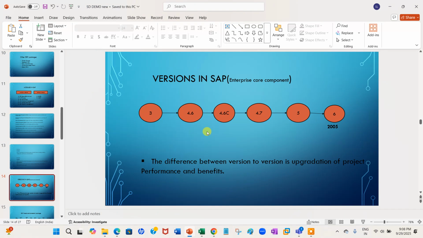Whenever we do that update, our apps and features come with something new. In SAP also, we have versions that vary from one to another.